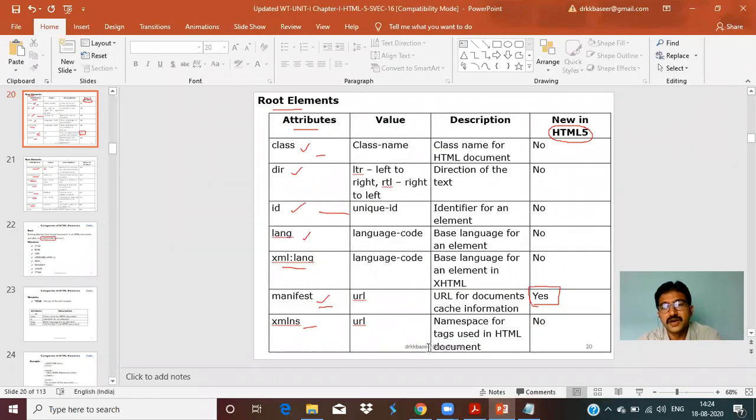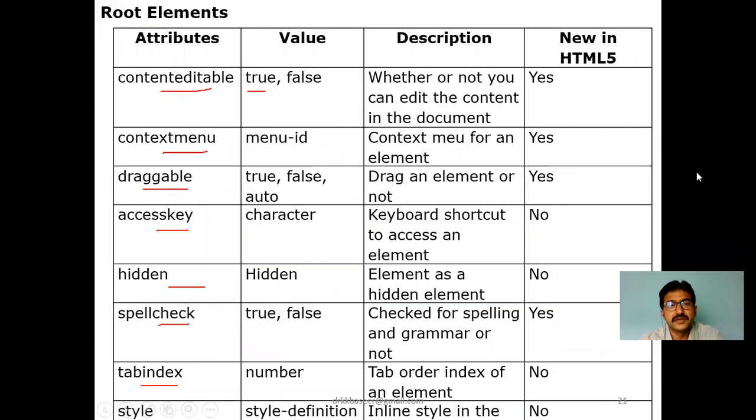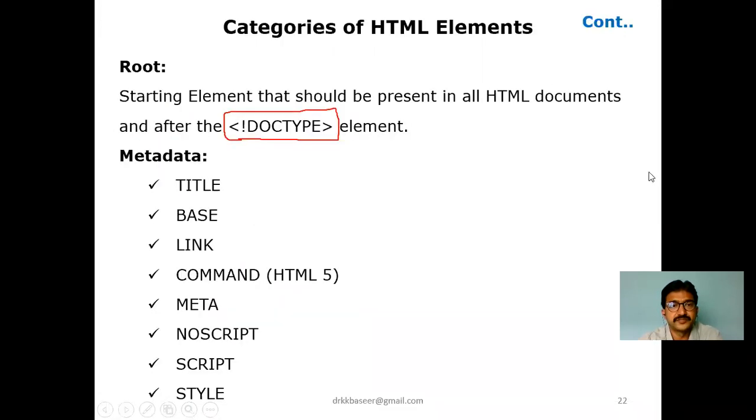We can make our requirement, whatever attributes we require for such types of elements, not only for the root elements, for any type of elements, we can use these attributes and perform our requirement. So as time permits, we'll go one by one. We'll let you know some other attributes as well. Few attributes only I have shown you in the practical way. The other things we'll also be covering in upcoming categories of HTML elements. Is it clear?